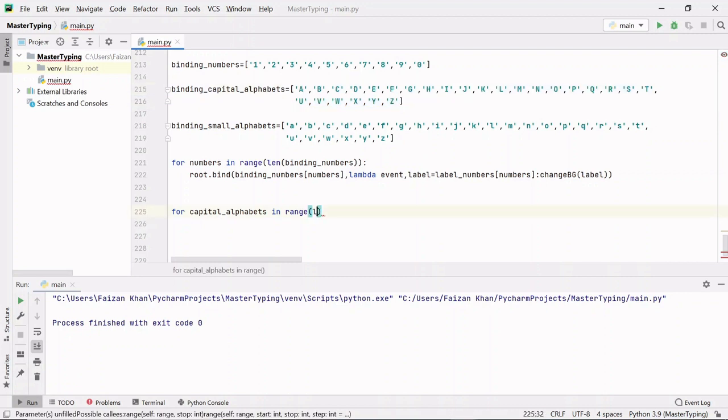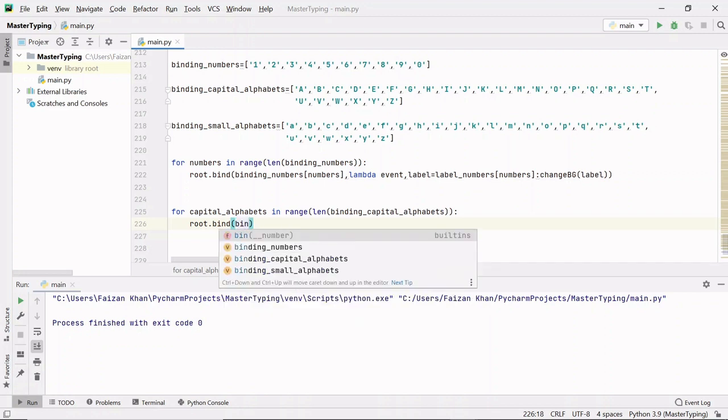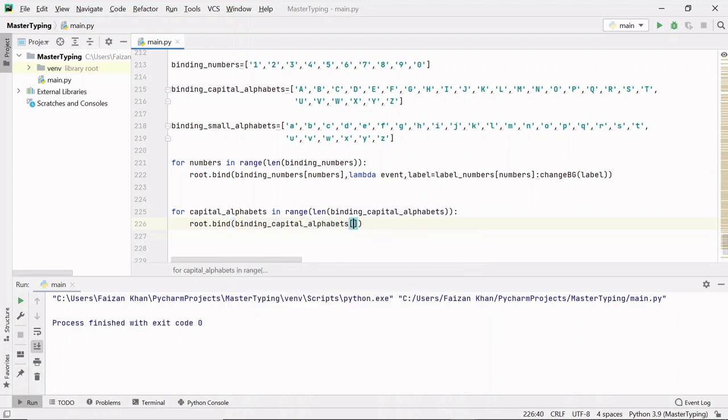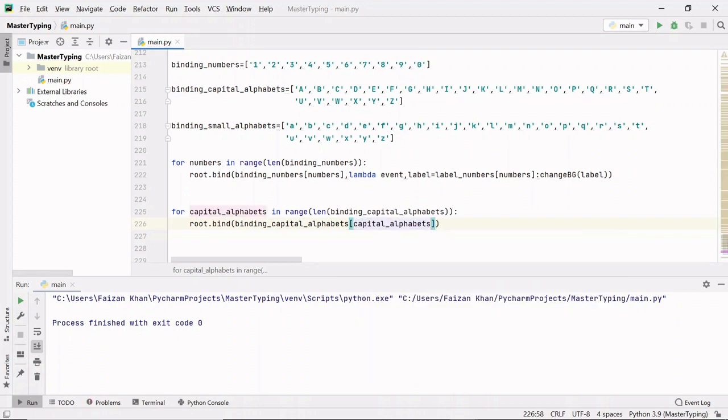So I'll pass simply the length of this list, binding capital alphabets like this. So again I'm going to use bind method, root.bind. Inside this bind method I have to mention this list variable binding capital alphabets, and in square brackets I'll mention this variable capital alphabets, this one.